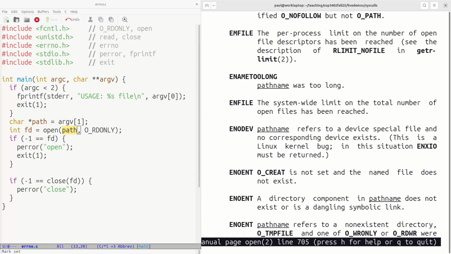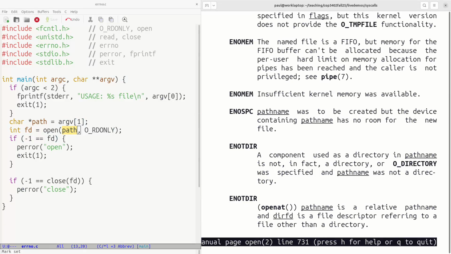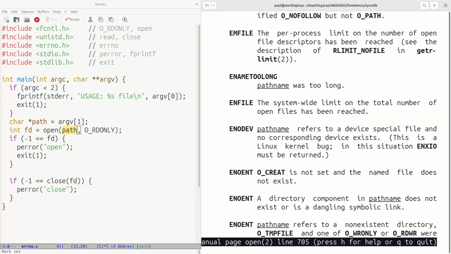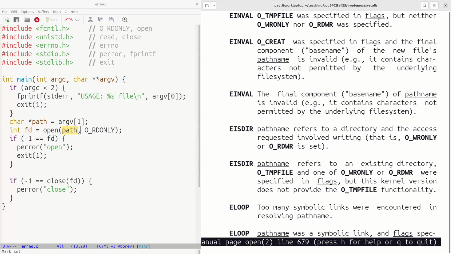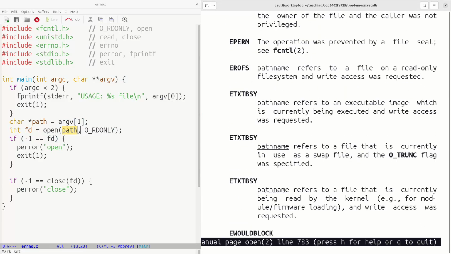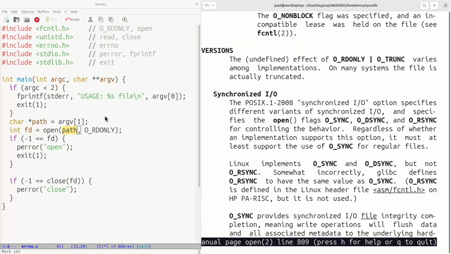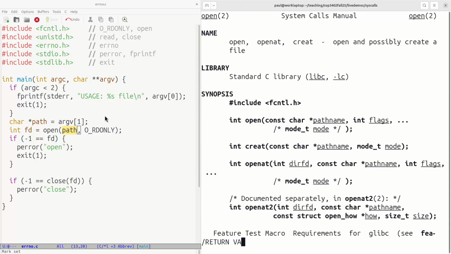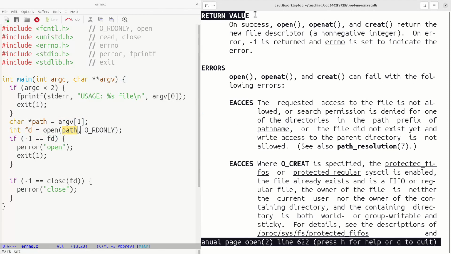Actually, I don't know if it's access. Probably no exist or something. I don't remember which error it is. But it triggers one of these errors, and because the syscall is designed to return -1 when there's an error, this code path is executed,